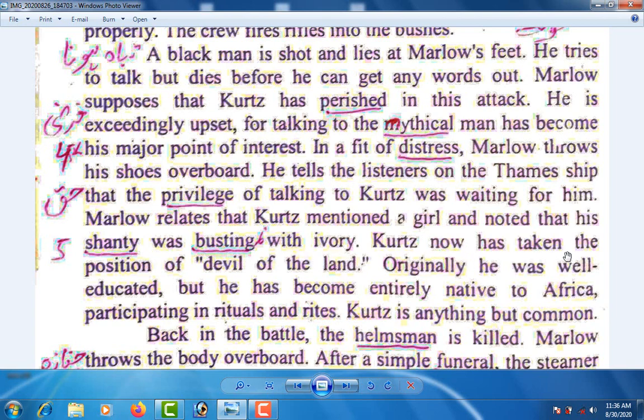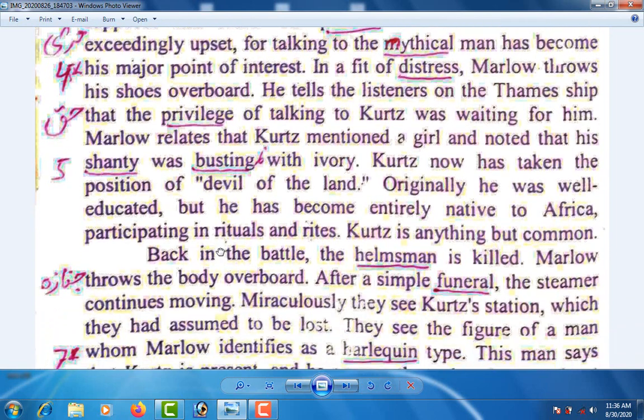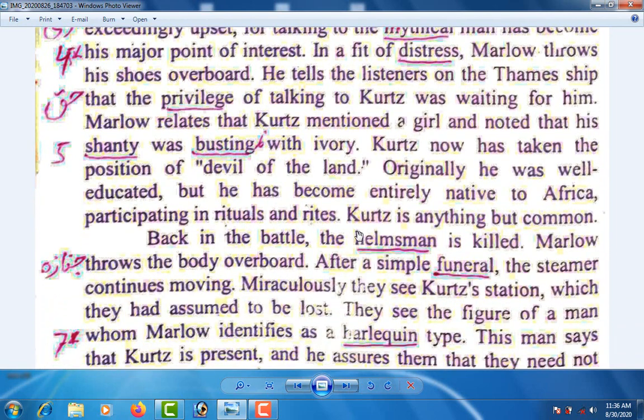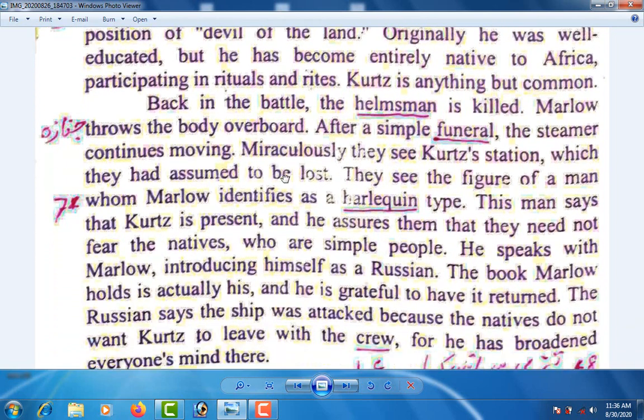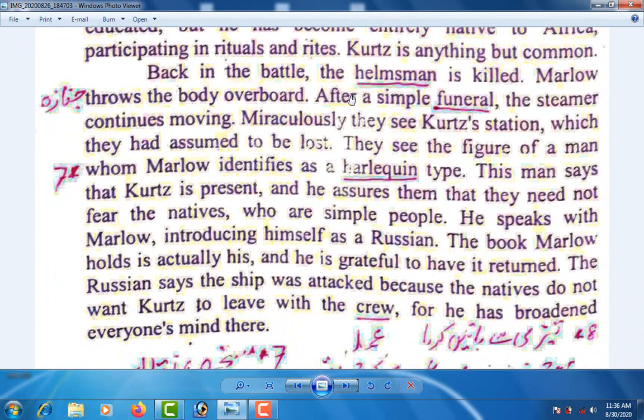Kurtz now has taken the position of devil of the land. Originally, he was well educated, but he has become entirely native to Africa, participating in rituals and rites. Kurtz is anything but common. Back in the battle, the helmsman is killed. Marlow throws the body overboard. After a simple funeral,